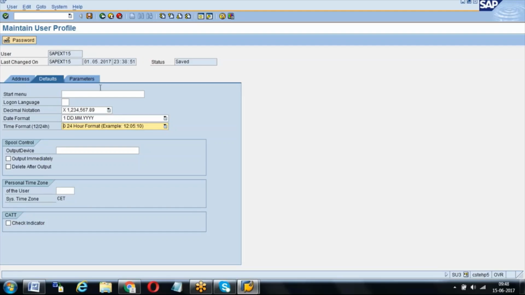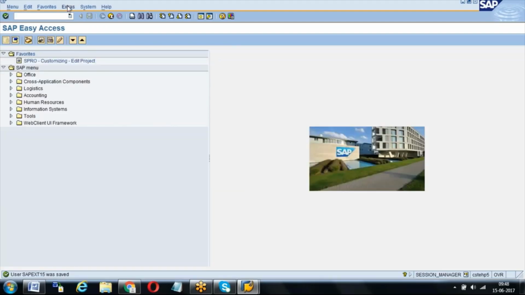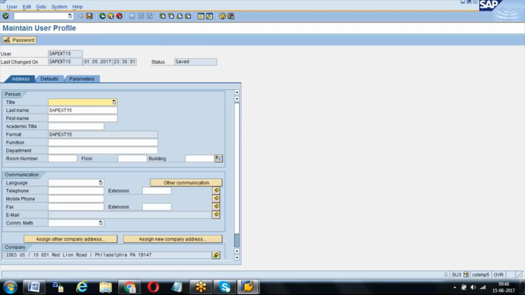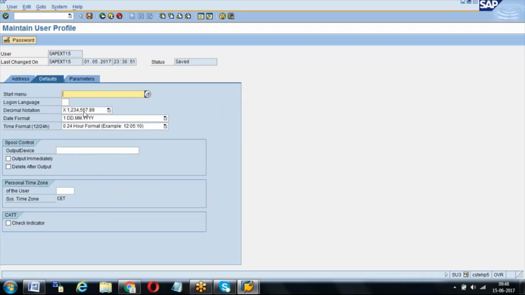This is SU3. Okay, I came to another screen. Let me show you that. ME56 is the assign of purchase requisition, that is MM part. Whatever I'm showing is for our user ID, we can have some different defaults. If you go from here also we can go, or else directly the transaction code is SU3. When you go to SU3, you will get your user ID and your defaults. In defaults, we can keep what is our decimal notation, everything. What is your language, system language, everything we can keep it.